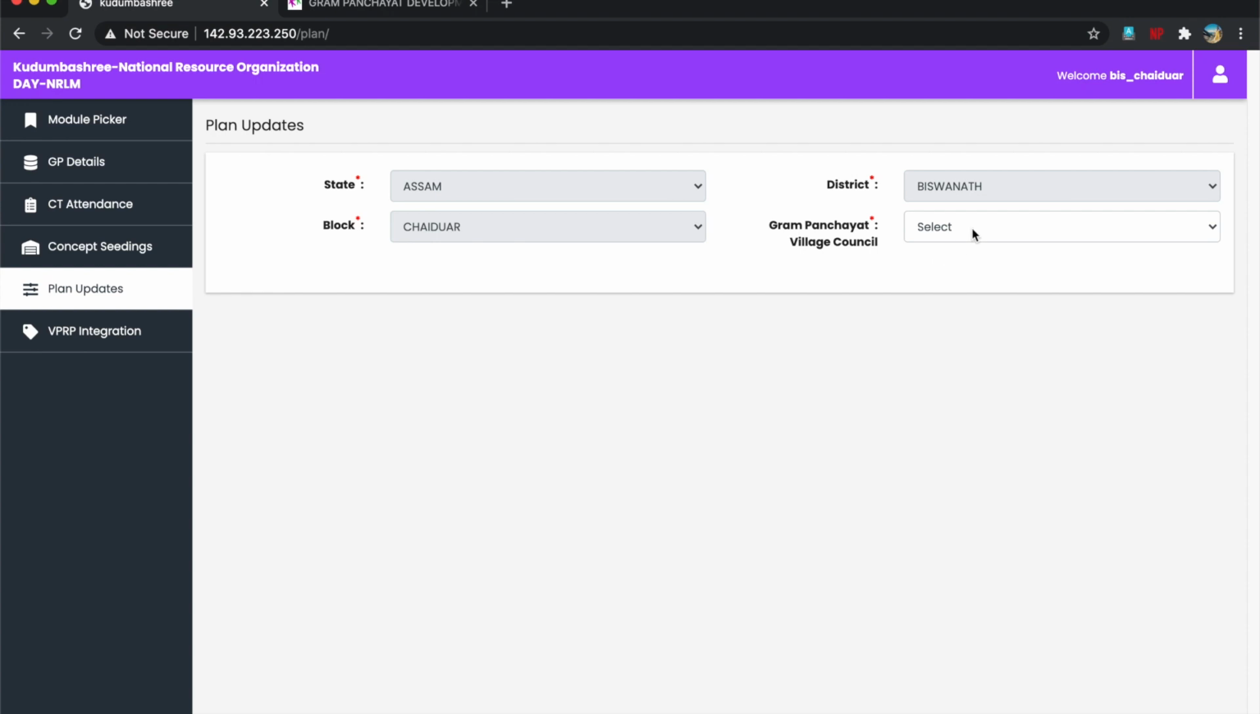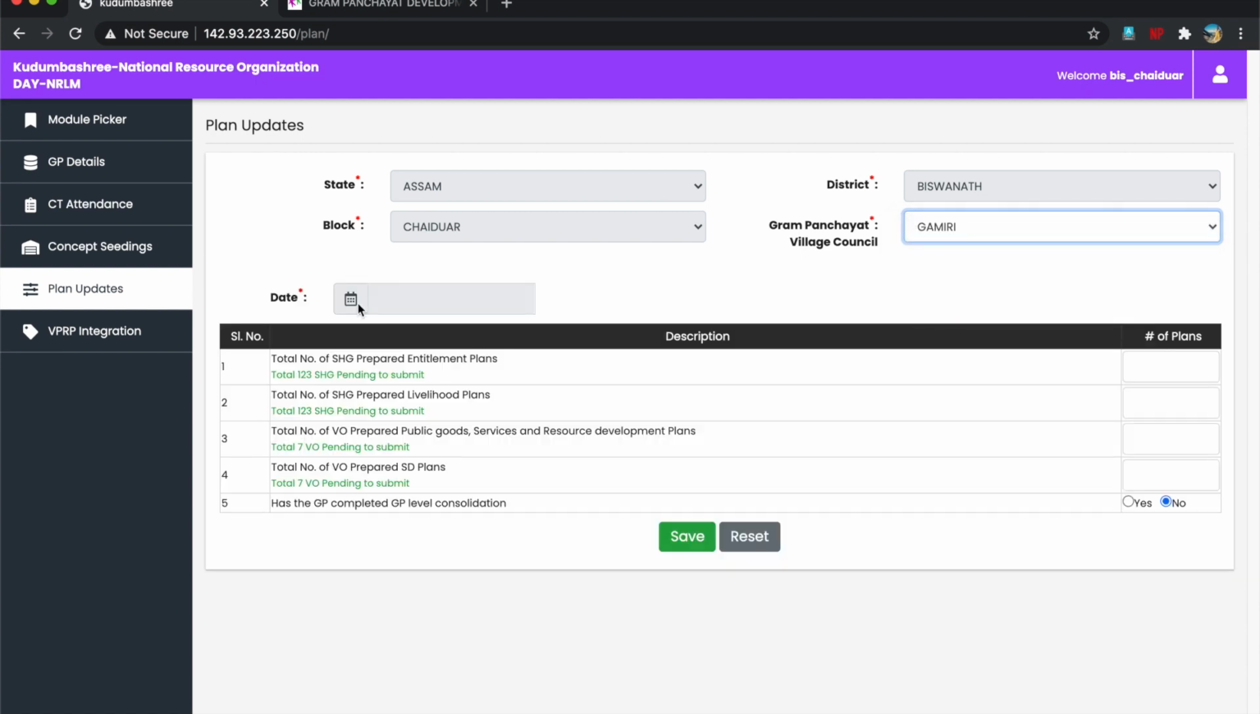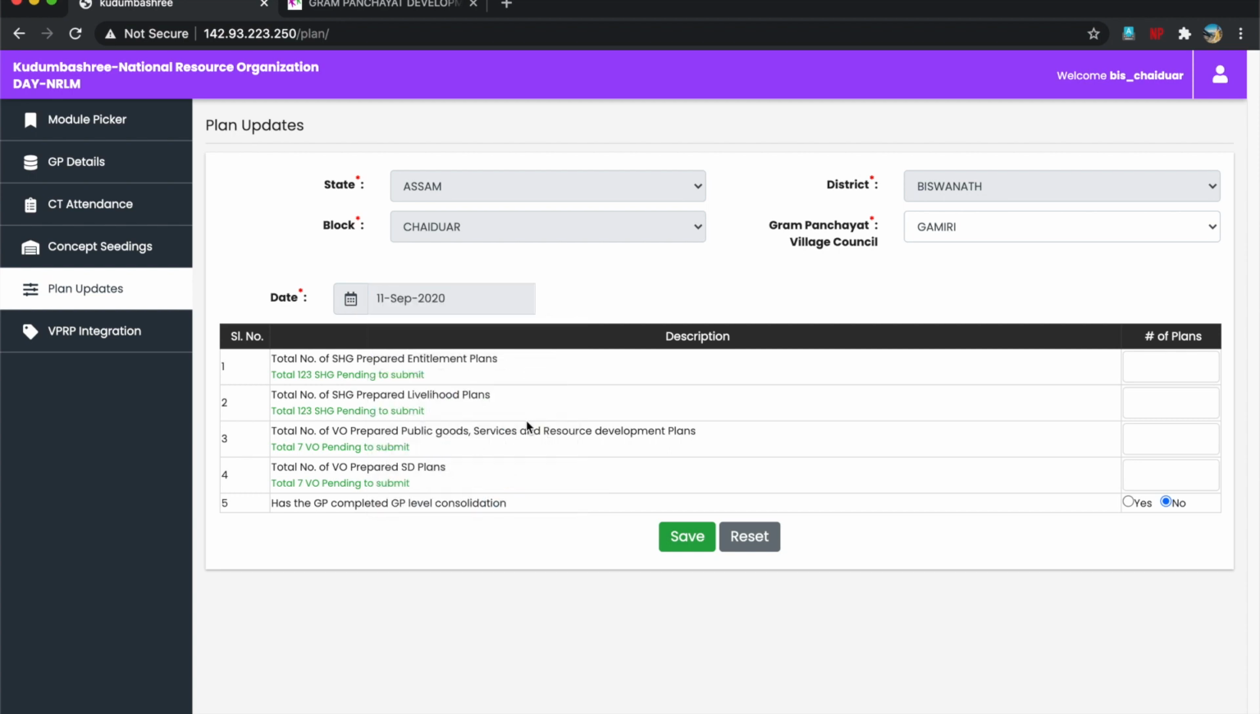Here we will have to select the name of a particular Gram Panchayat under Saidwar block, which can be Gameri. I select a particular date. The block nodal person has to ensure that this is done on a daily basis. Now for example, on 11th of September in Gameri Gram Panchayat, out of 123 SHGs, 50 SHGs have prepared the